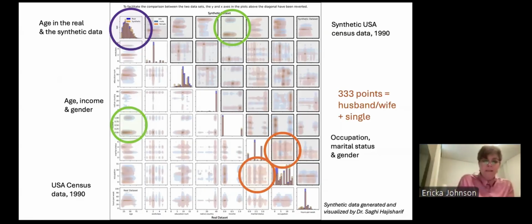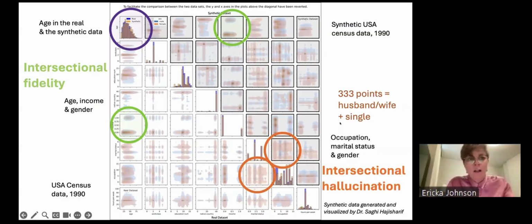Now, at this point in our collaboration, I was like, whoa, we've got something really interesting going on here. We need to make words for it, because I'm a social scientist and that's what we do. We make words and we think that these are tools to start analyzing stuff, which I kind of think is true. So I was like, okay, Sagi, let's call the green ones intersectional fidelities and the orange ones intersectional hallucinations, and let's go out and start talking to everybody and their brother about this, because it's really important that we discuss this and what impact this will have on the use of the data.